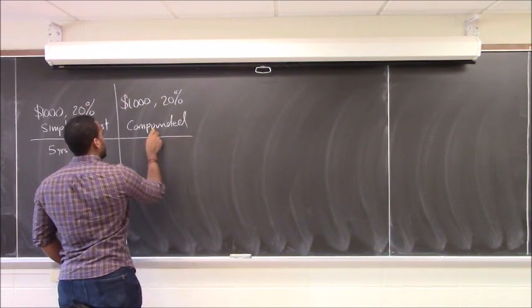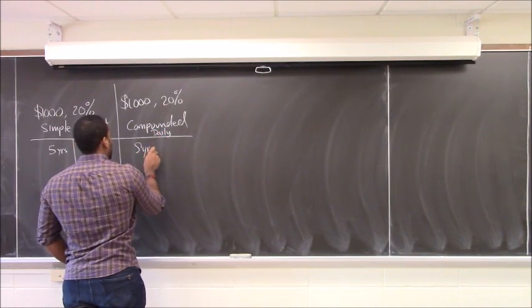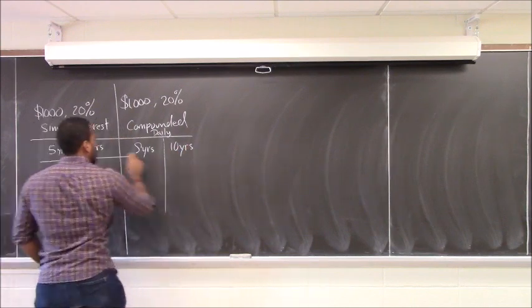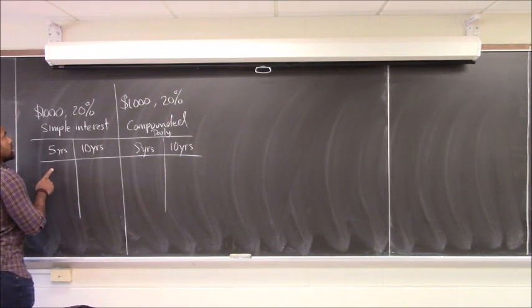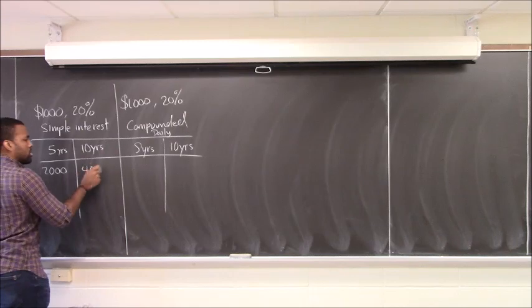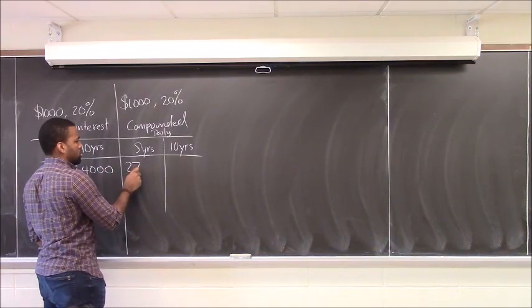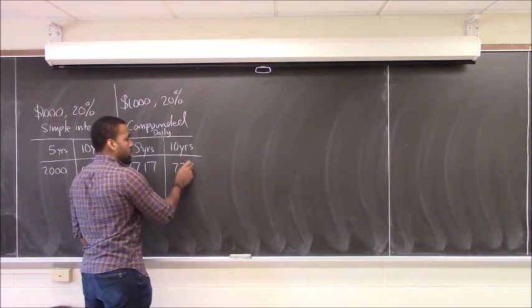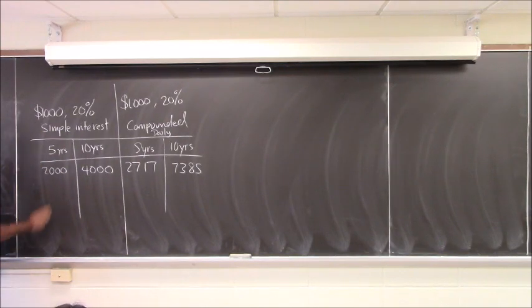Did you look at daily? Yeah. 5 years, 10 years. Remind me what the numbers were here. 2,000. I think this was 2,000. Remember 10 years it was 4,000 something. And then this was 2,717, and this was 7,385. Right. So we kind of saw here that this guy